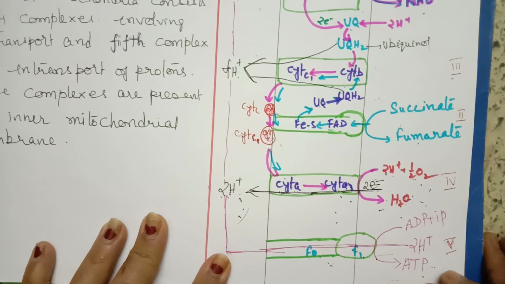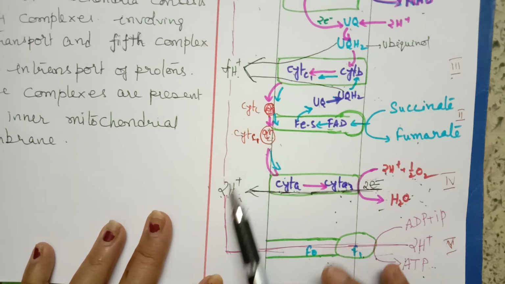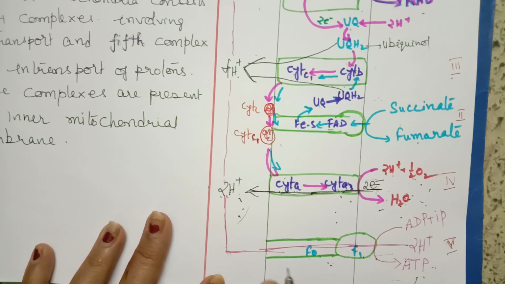In my next session, we will discuss what is oxidative phosphorylation, and I will explain in a little more detail the balance sheet of aerobic respiration, that is, the energetics of aerobic respiration. How much energy is produced, and how efficient it is. These we are going to discuss in my next video. So for now, I am going to conclude this.